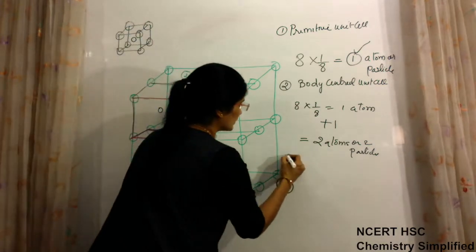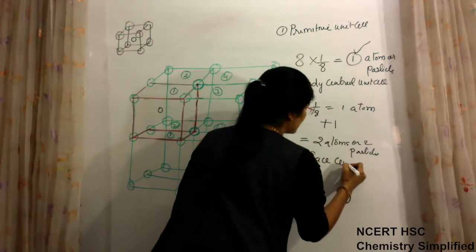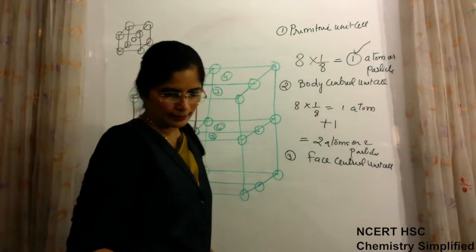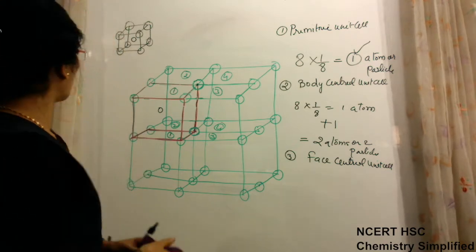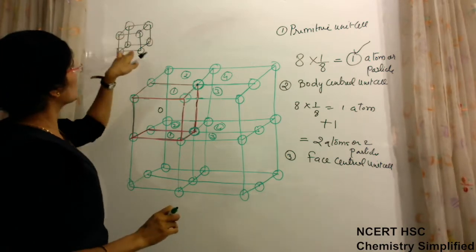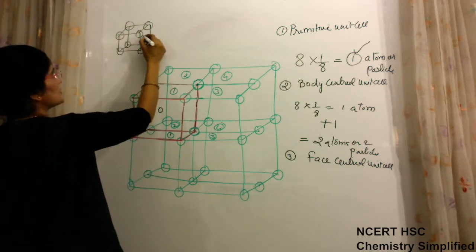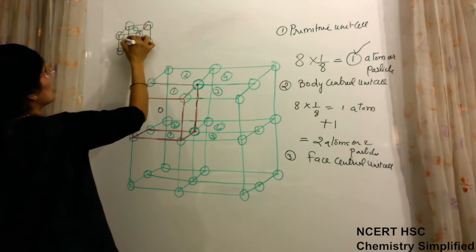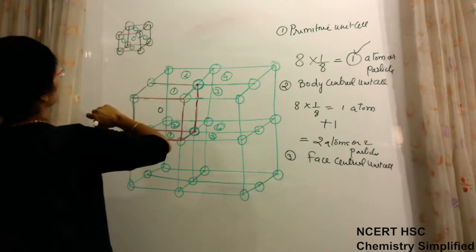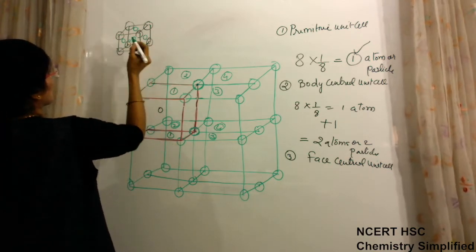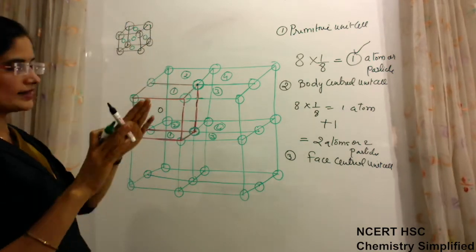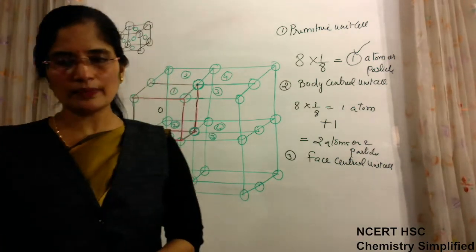Now third is face centered unit cell. In face centered unit cell, what happens? The particle in the center of the body is not present. Particles are present on the corners, as well as an extra particle on each face. 1, 2, 3, 4 on the back side, 5th, and which one is left? Front side. Because it is a 3D cubic structure it will not be clear in the drawing, but we know that 6 faces are there. On each face there is a particle.